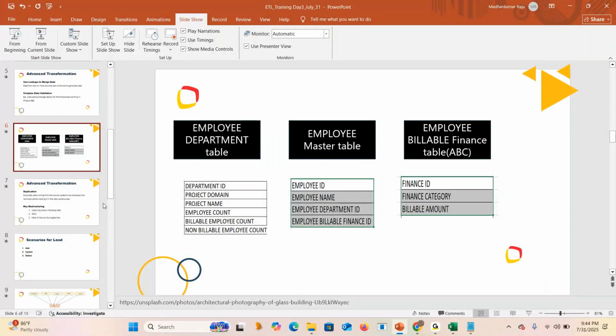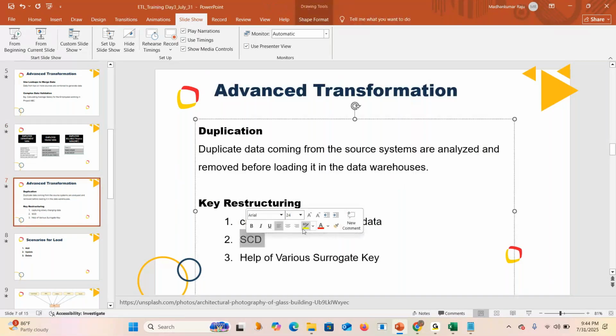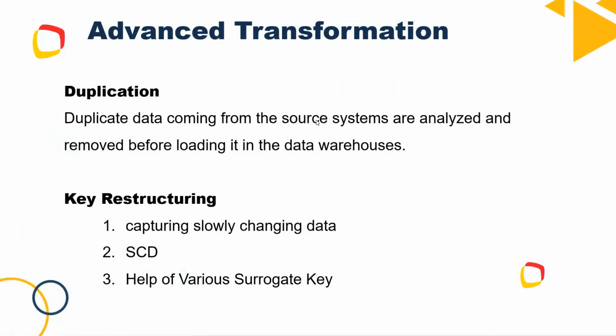So all these changes will be handled using SCD. In SCD, we have surrogate keys. Using the surrogate keys only, we are making the system understand that this record is newly added to the source. Suppose a record is newly added to the source, then we are telling it is newly added. How can we tell the system? By using some key in a target system, correct?